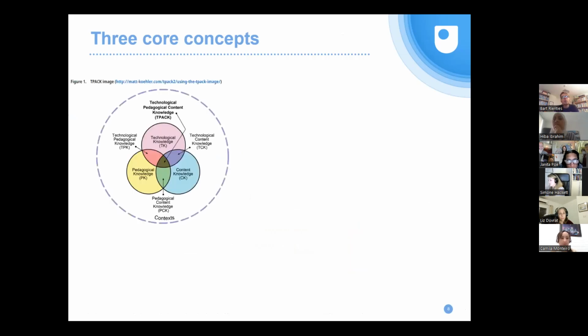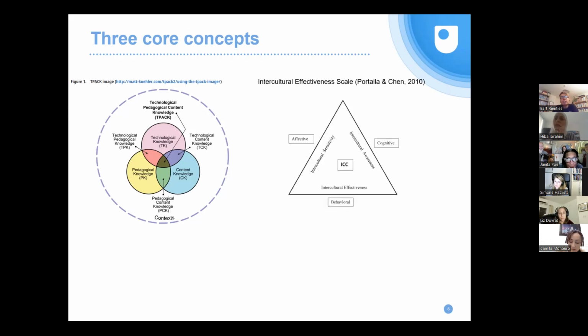And we then divided, we were mainly interested in 3 core concepts, and I will primarily touch on the first one, but of course there are other researchers that have looked more at the other aspects. So the aspect that we were mostly interested in is to what extent do teacher technology skills and understanding of teaching and designing online materials, to what extent does this mediate how students are learning in the virtual exchange? Partially, I'm mostly interested in this because I'm not a language educator, but other teachers were much more